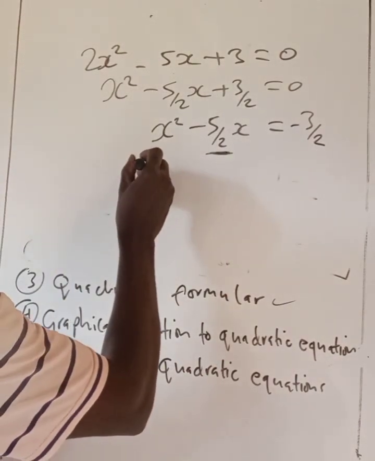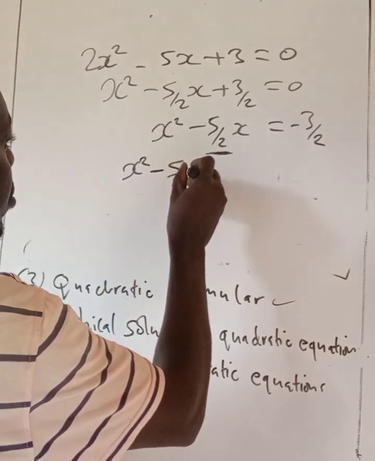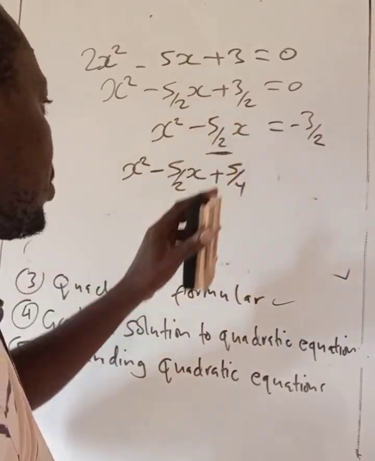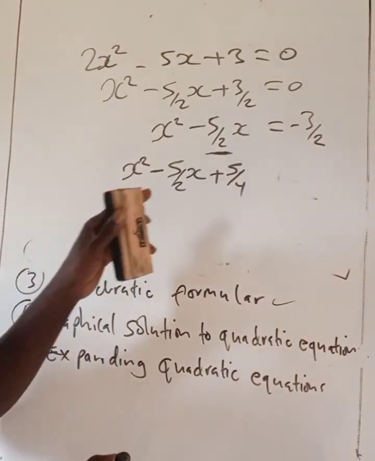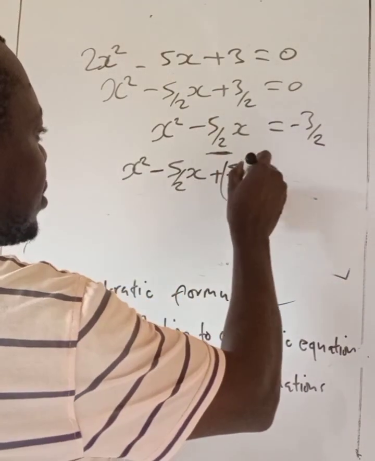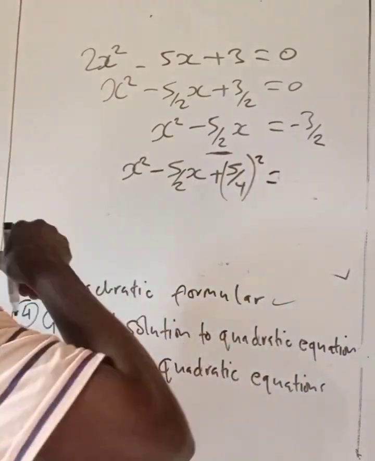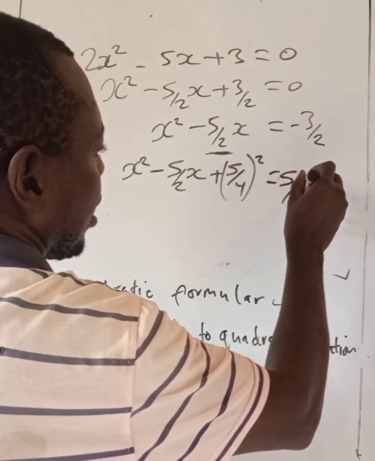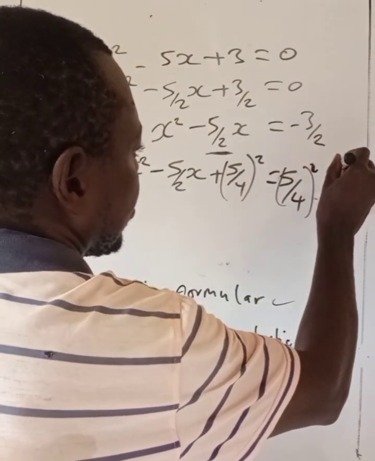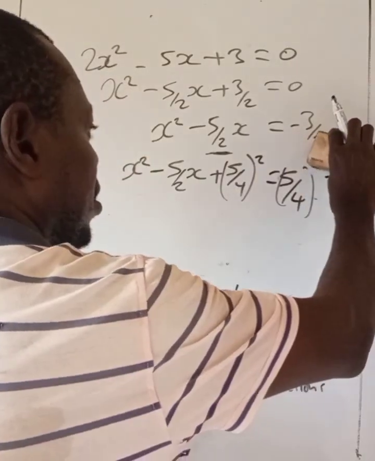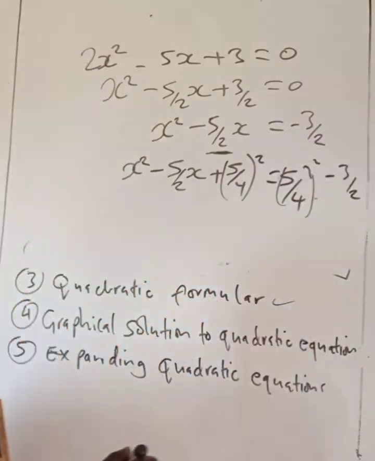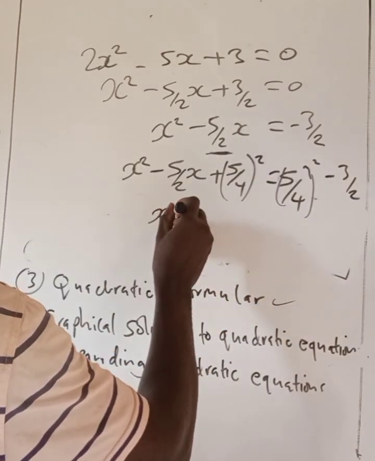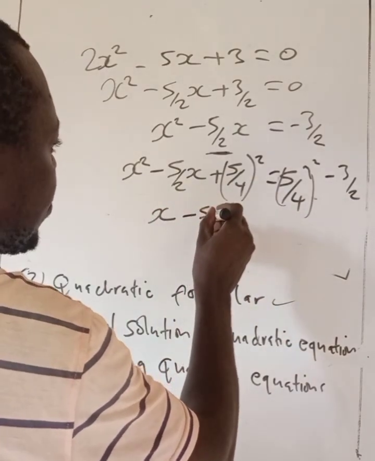So we have x squared minus 5 over 2 x plus 5 over 4 squared. Half of 5 over 2 is 5 over 4 because we multiply this value by a half. And remember, I said it should be squared. It is equal to, we add it on this side also, 5 over 4 squared minus 3 over 2. Now, let's factorize this side. If you factorize this side, we get x minus 5 over 4 squared